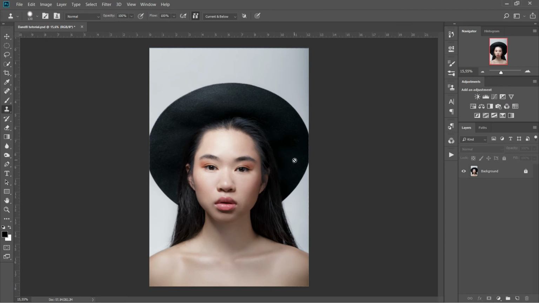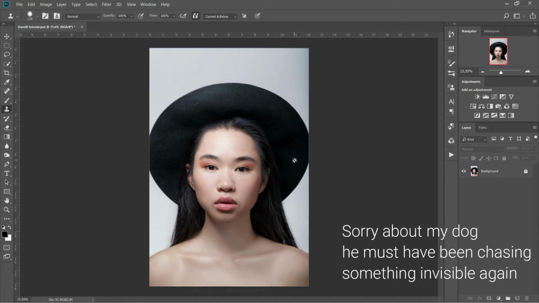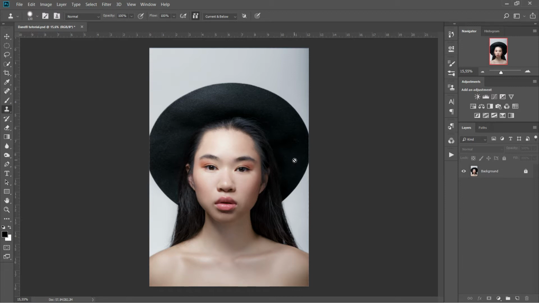There are a lot of ways you can dodge and burn a picture, but I think the best way, and the most used way amongst other photographers and retouchers, is to use curves. That's because of its non-destructive quality: you are not destroying or replacing any pixels, you are just making them lighter or darker. Also, some retouchers use it instead of frequency separation, but it really helps if the